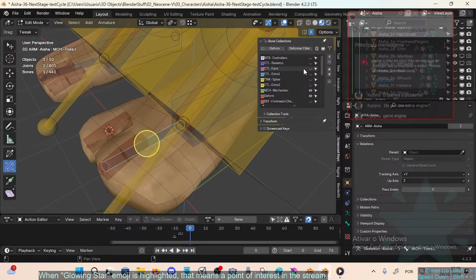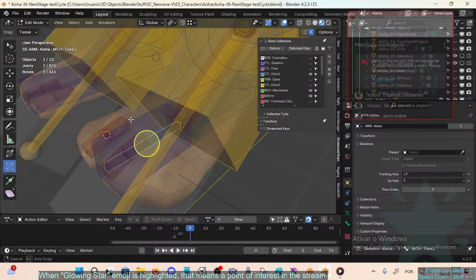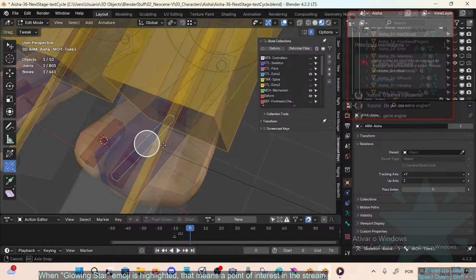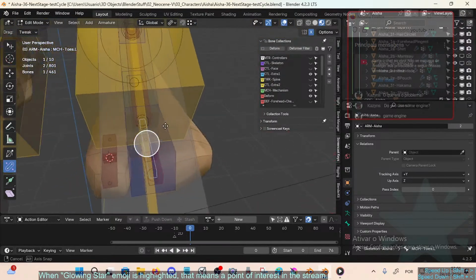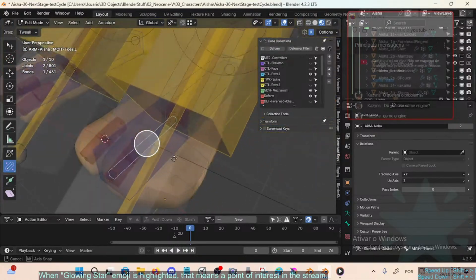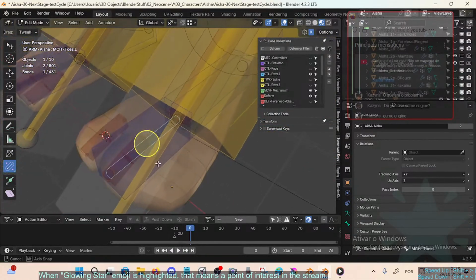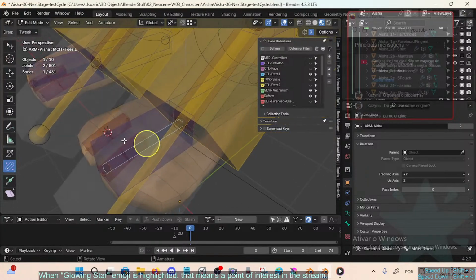Like control skeleton, no, control extra. So basically it's tricky, right? These are parented to the mechanism bone, when the mechanism bone should be